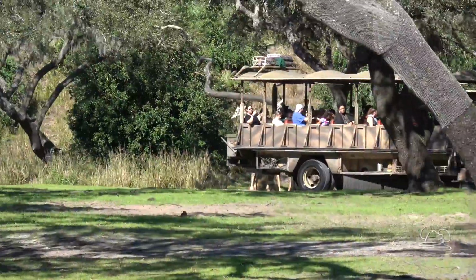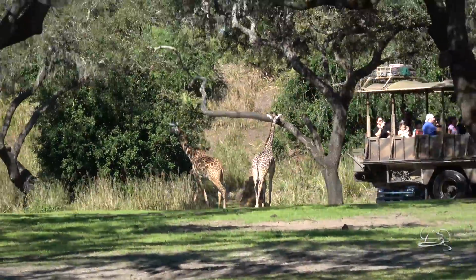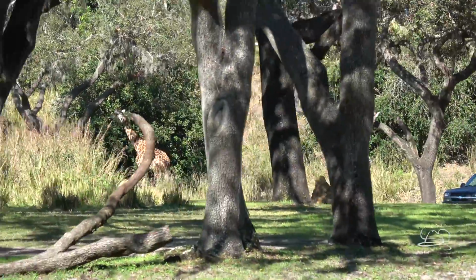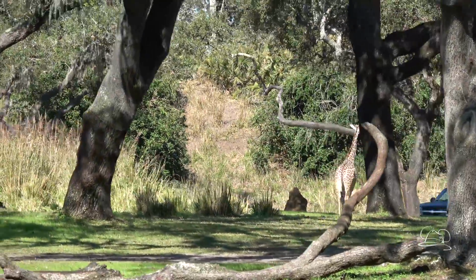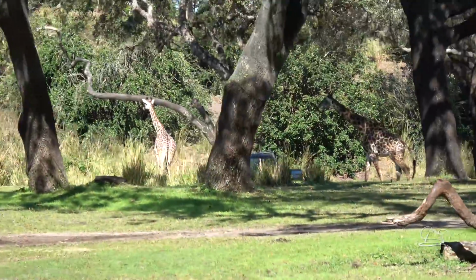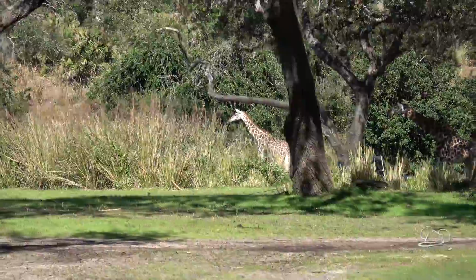When a giraffe is born, they not only drop 6 feet to the ground, because giraffes give birth standing up, but they are measured at 6 feet tall. Fully grown, giraffes reach 18 to 20 feet tall, so pretty much they're as tall as the crocodiles that we saw were long. A giraffe born is bigger than